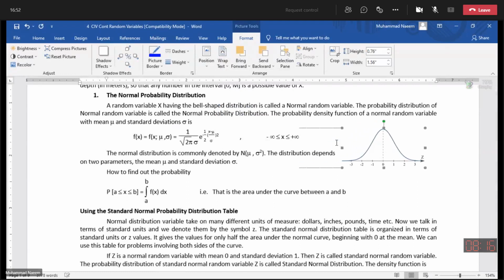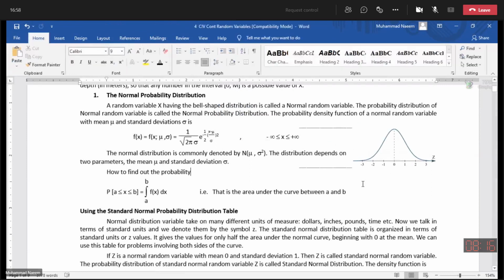Why do I need to show this diagram? As this diagram is normal and symmetrical, that's why particularly the mean value will